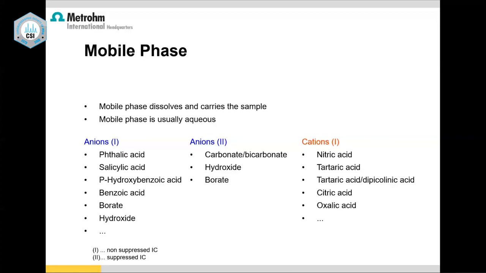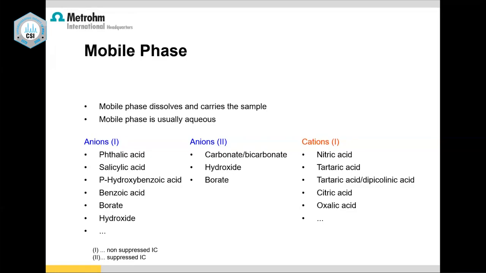So if I have to do chloride, the competing ion is going to be carbonate. And if it is nitric acid, when I put it in water for cation analysis, it becomes H plus and NO3 minus. That H plus is going to compete with my cations, that is, my positive ions.